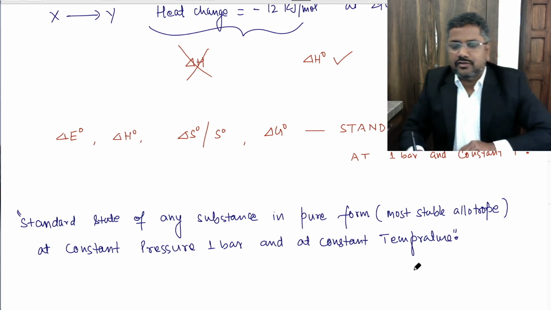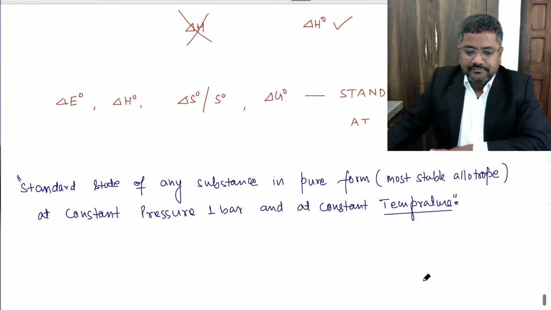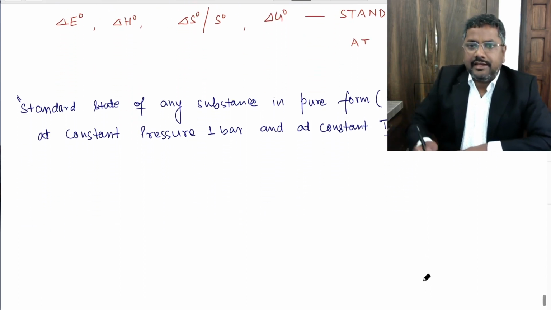Not necessarily 298 Kelvin. Constant temperature is the requirement, not 298.15 Kelvin. Clear to everybody? Okay. And now, for every element,